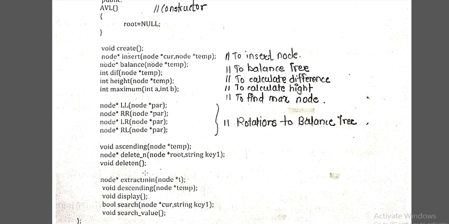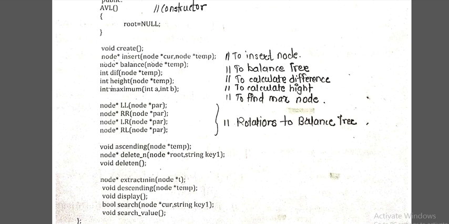We are going to see these one by one, but before that we'll see the main function, to see exactly which functions get called from this list. These are the different functions, like to create a node, to insert a node, and to balance the tree. Whenever we talk about AVL, we always balance the tree depending upon the balance factor, and to calculate the balance factor we have to find the difference between the left subtree height and the right subtree height. So the difference and height functions are required. To keep the tree balanced whenever we are inserting a node, we have to maintain the balance.